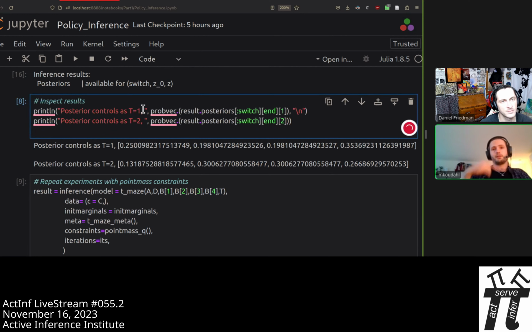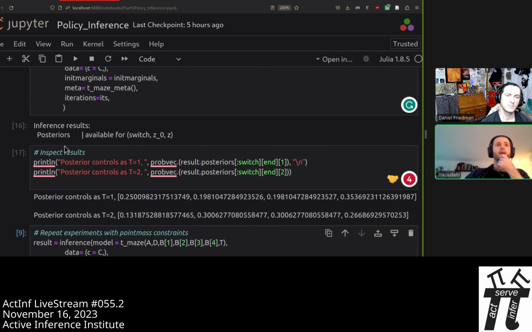What we're printing here is just the distribution, the posterior marginal over the indicator variable, i.e. the probability of choosing go to 1, go to 2, go to 3, or go to 4. And what we get is this long number that we can round to about 25% chance of going to 1, about 20% chance of going to either 2 or 3, and 35% chance of going to 4. That means a quarter of the time, i.e. just as much as we put in our prior, we're staying put.